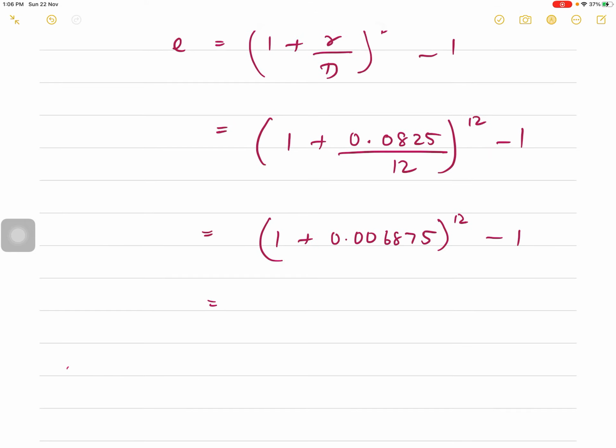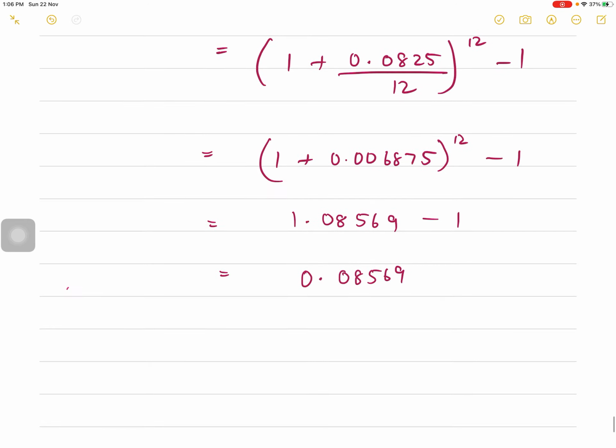So this comes to 1.08569 minus 1, which is 0.08569, or 8.57%. Okay,